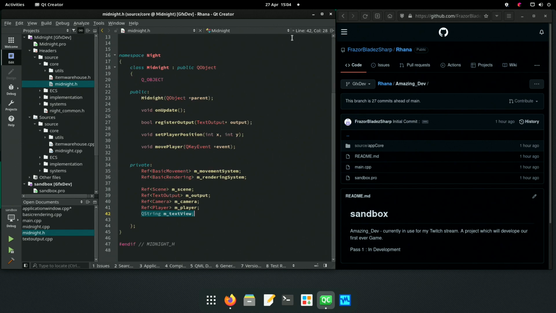We would have to inherit private from midnight. Ooh, that's dangerous.